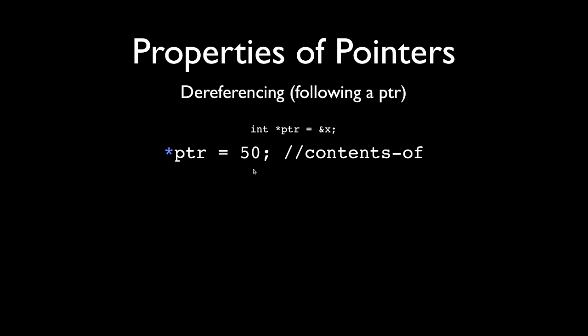This is very confusing because the people who invented C decided to reuse the asterisk in a different place and give it a different meaning, which is very annoying. But long story short, if you're not declaring a pointer and you're just using the pointer variable, if you want to assign not the pointer but the contents of the pointer, or what it's pointing to, you just put a star before it. That star dereferences the pointer. And this will basically set x to 50.